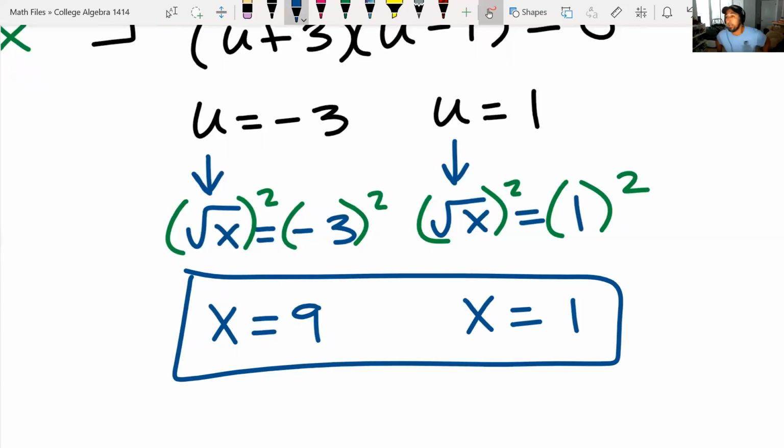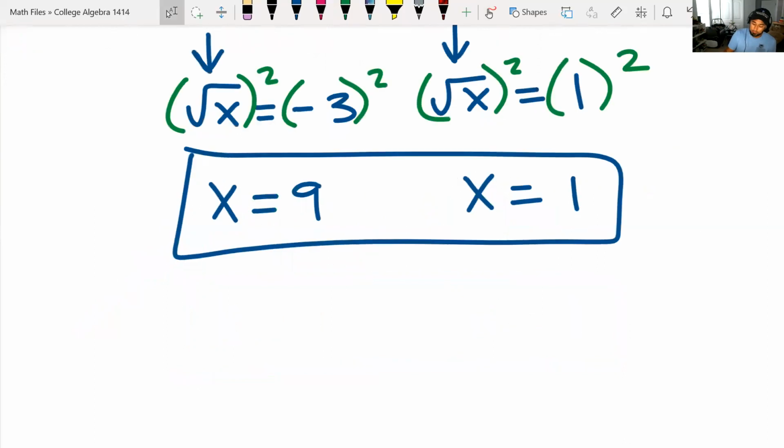All right. But you have to see here that 9 is our extraneous solution. Because if we plug it in here, we're saying that the square root of 9 is -3. And is the square root of 9 -3? Not at all, because nothing negative should be coming out of a square root. If it is, it's coming out as imaginary, right? So 9 is our